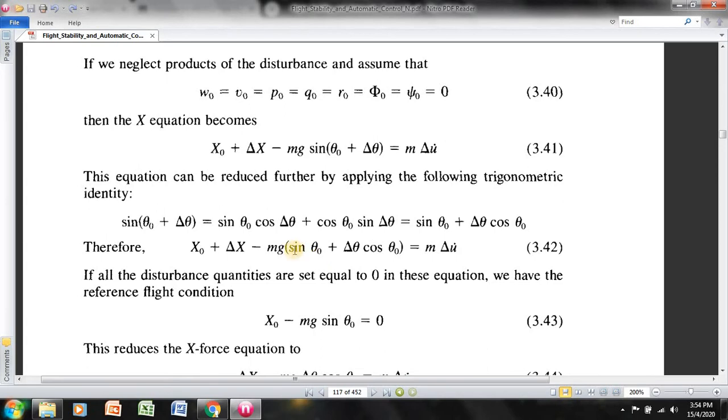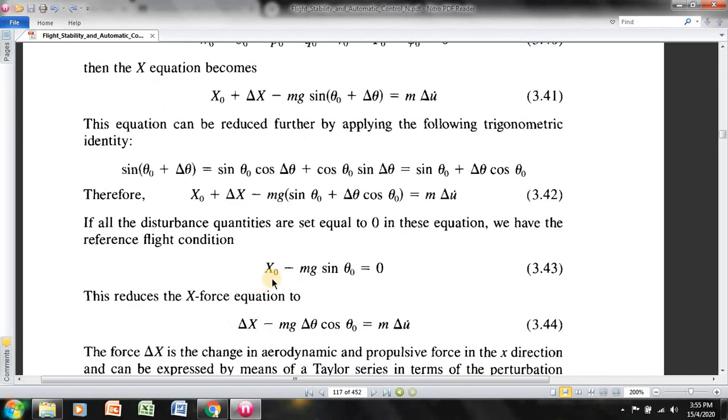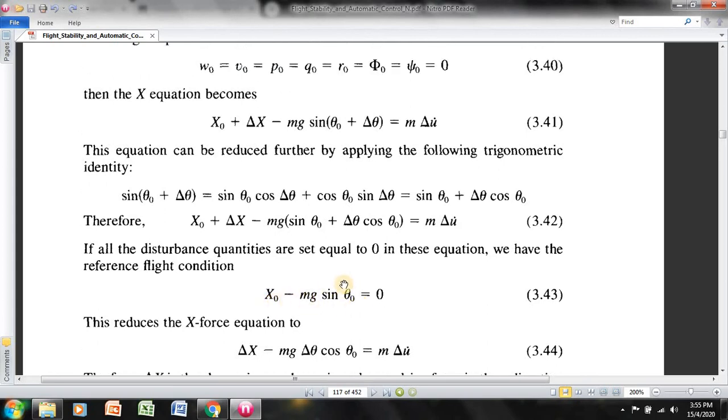So this should be 0. Okay, this should be 0. Okay, and then what we are left with only is, okay, so y x naught is set equal to 0. Yeah, initially there is no extra x force in equilibrium condition. Okay, so when in equilibrium condition